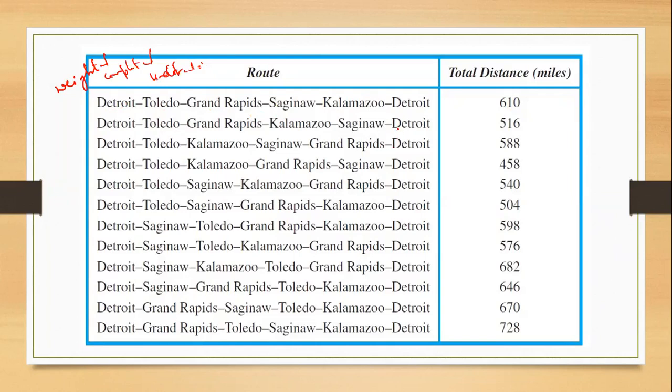The most straightforward way to solve the traveling salesman problem is to examine all the possible paths in the graph and select the one of minimum total length. How many circuits can we define this way? We can have n minus 1 factorial. As I said, with 5 vertices it was 4 factorial, 24 routes, divided by 2 because the reverse order is the same, so we had 12. So with n vertices, the total is (n minus 1) factorial by 2 circuits. So it will take a lot of time.